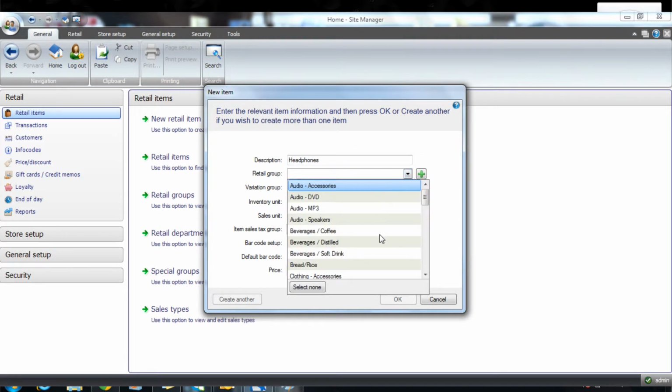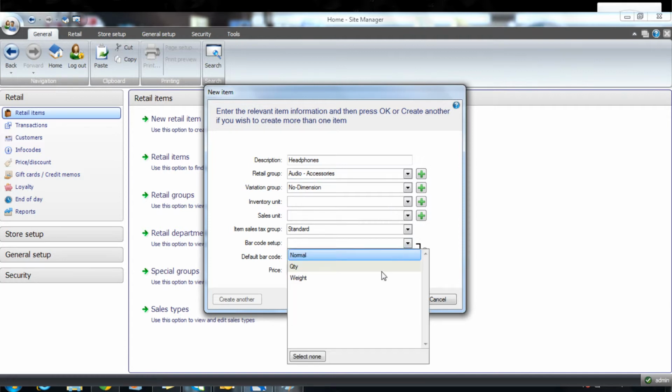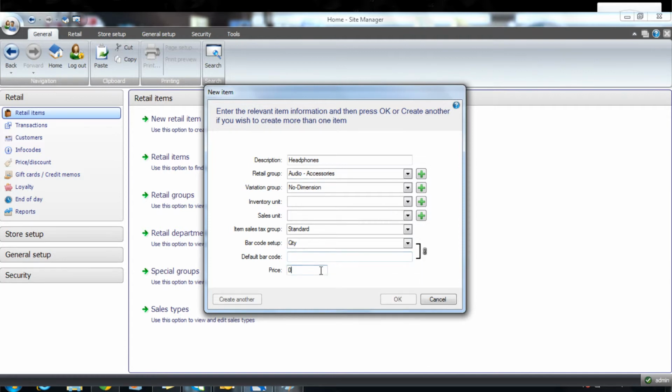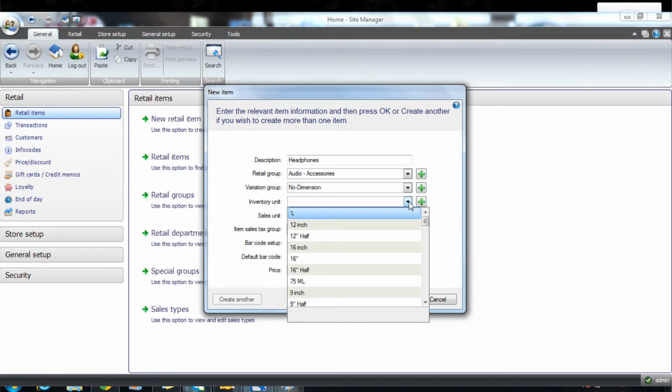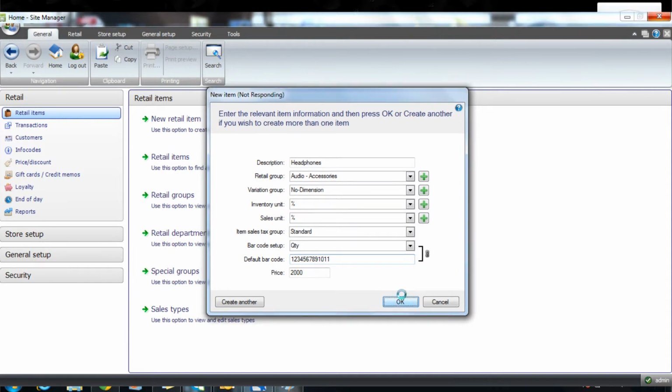Next, we choose a predefined retail group, may it be under electronics, clothing, food and beverage, furniture, and other categories. Choose the barcode setup if it would depend on price, quantity, or weight. And lastly, we input the base price. Click OK and then again, we're done. To then perform a sale is easy as